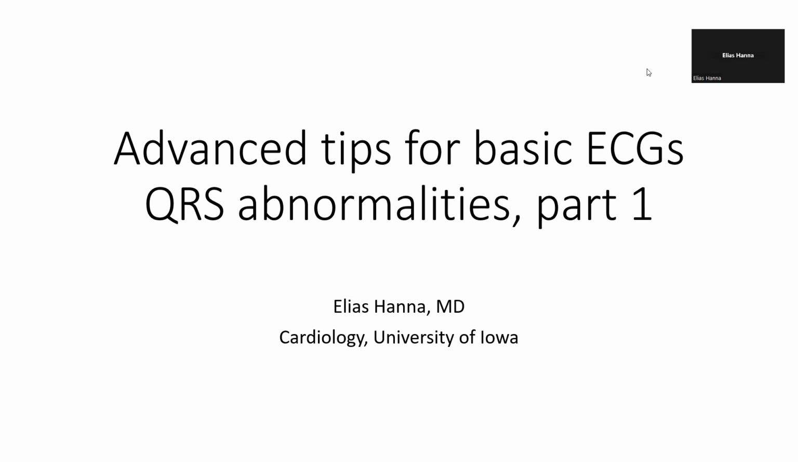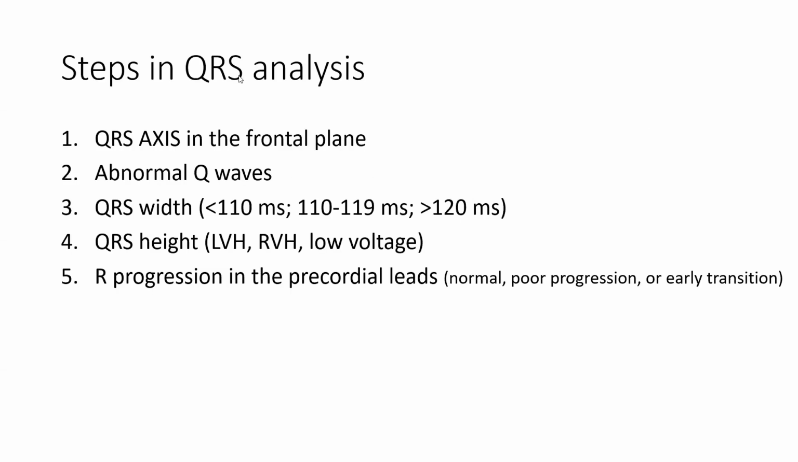I want to discuss in this and in subsequent talks QRS abnormalities. Those are basic ideas, but with a lot of advanced tips. When I look at QRS, I sequentially analyze the following 5 ideas. I look at QRS axis in the frontal plane, then I look for abnormal Q waves, then I analyze QRS